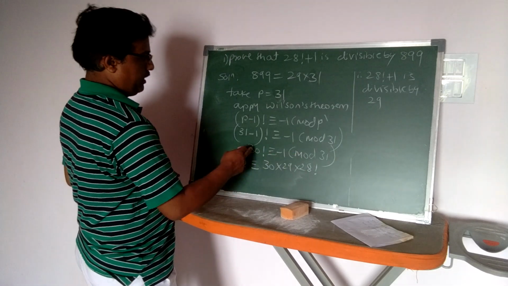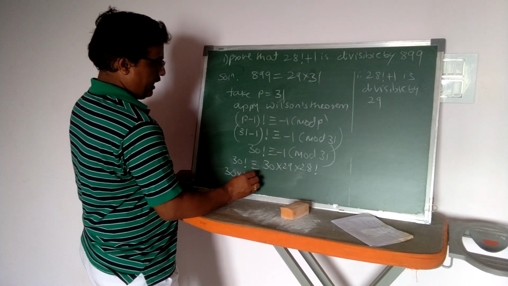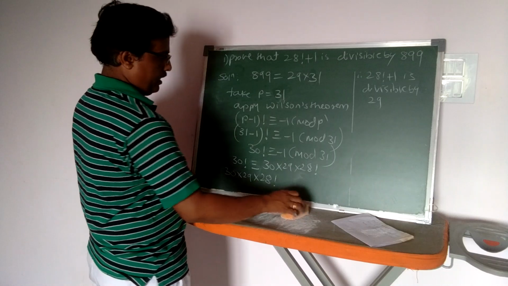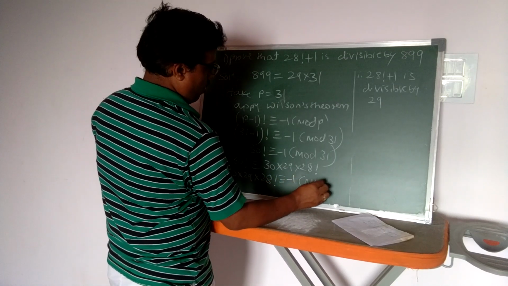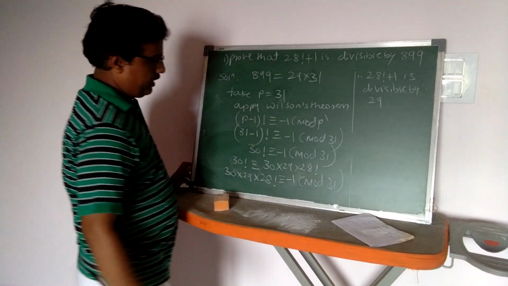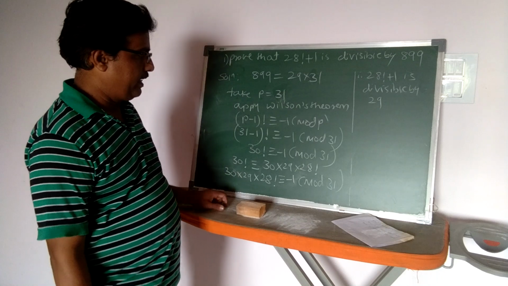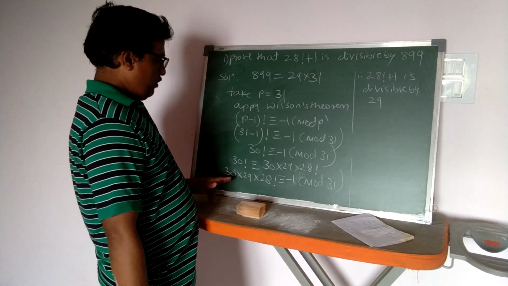So now this gives 30 into 29 into 28 factorial is congruent to minus 1 mod 31. Okay, so now similarly here